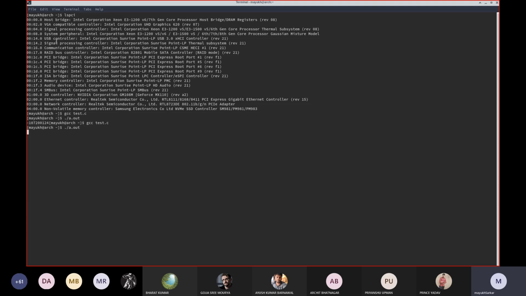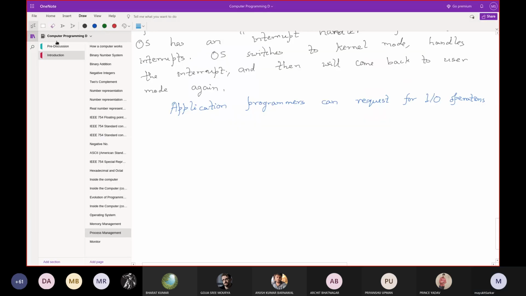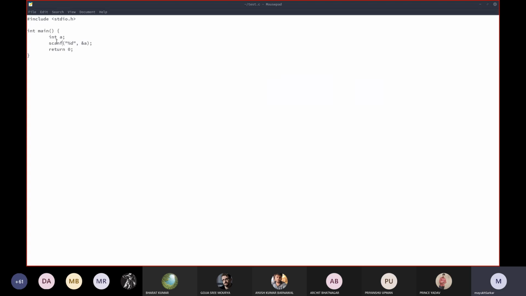Now see, it's waiting because my application has requested that it wants to read something. Now if I give 12, it will stop and do its work. That means it is requesting for an IO device operation. It is waiting for some IO operation, right? The same thing happens even if I provide a printf here as well.